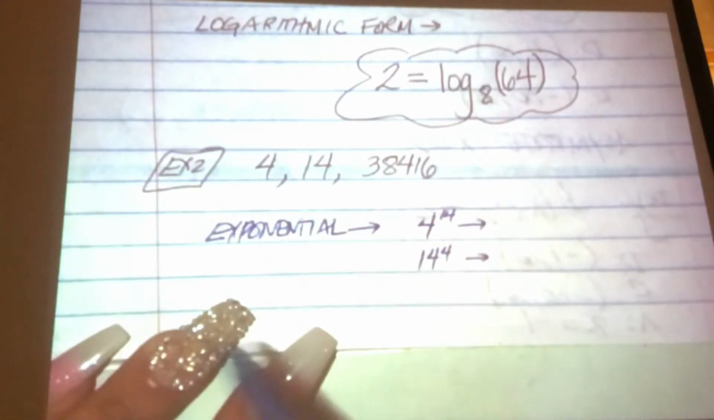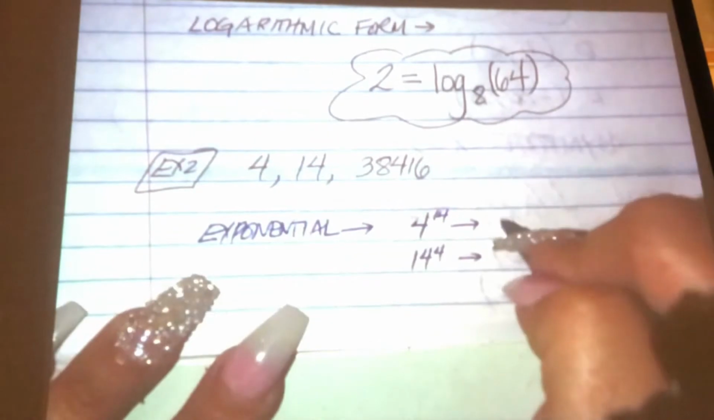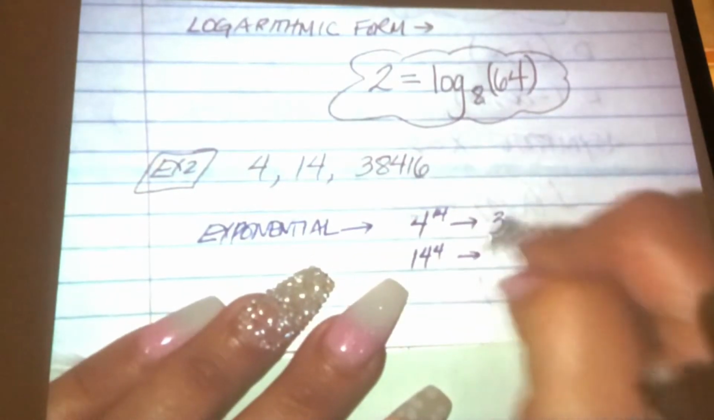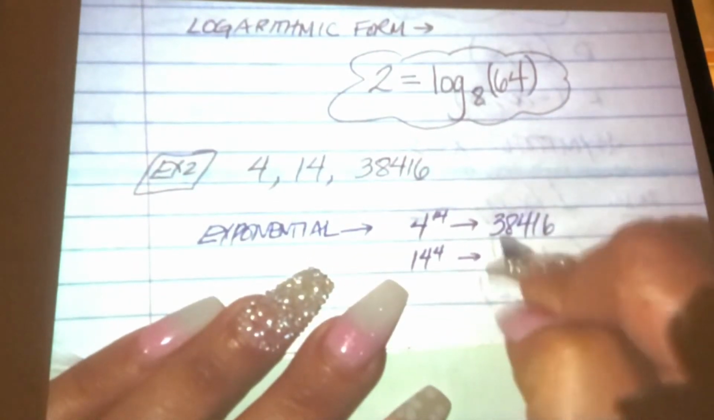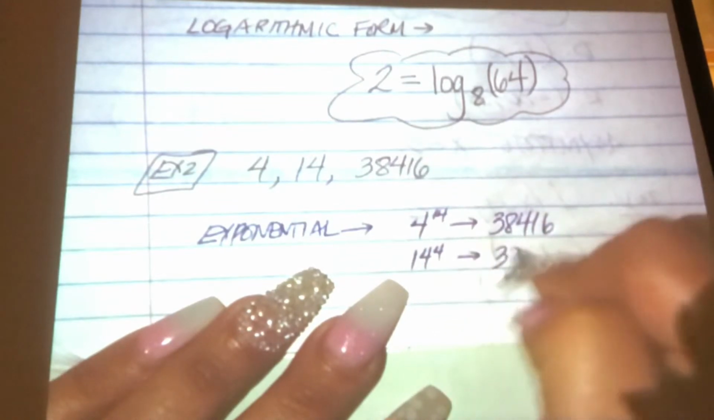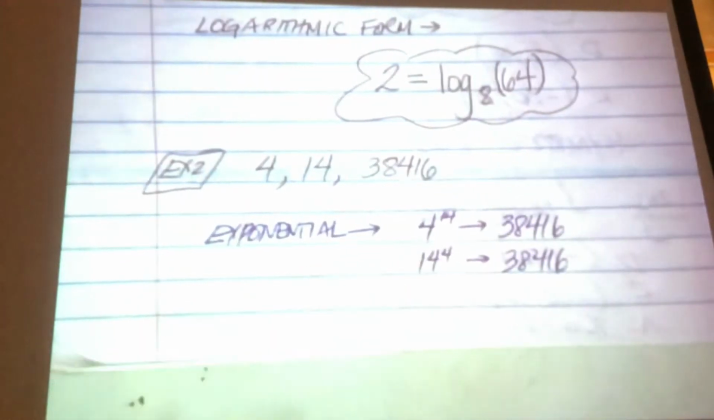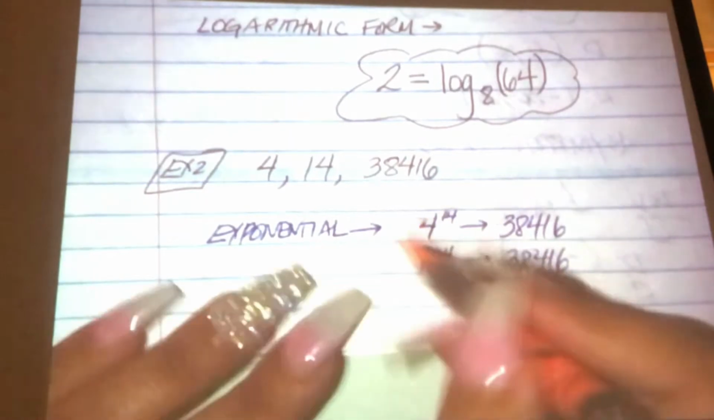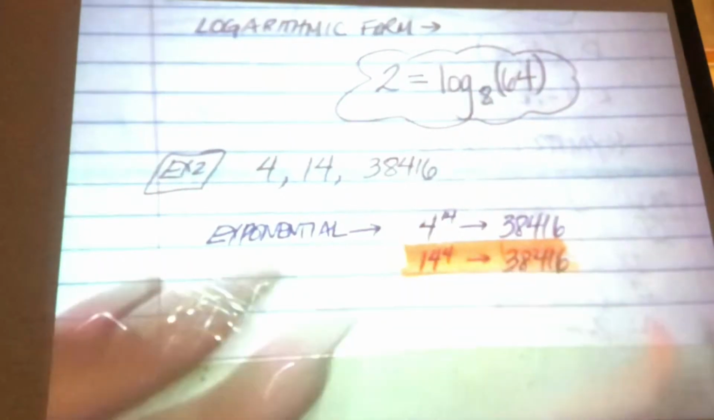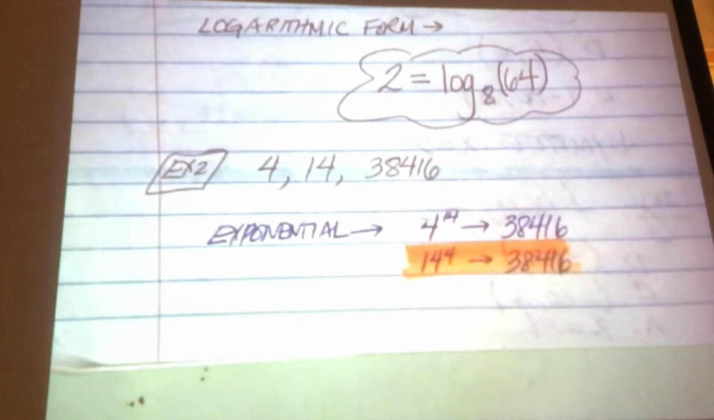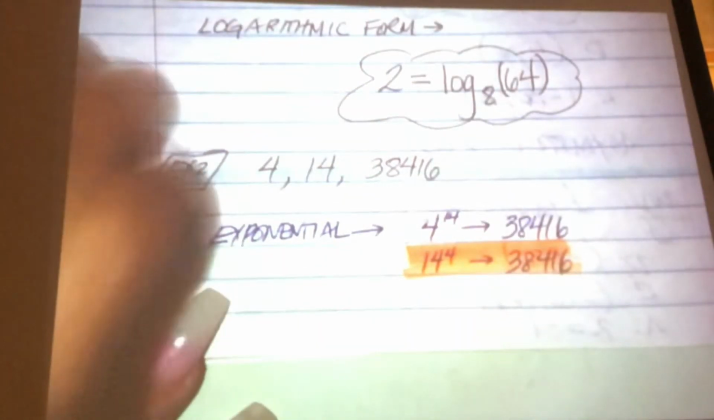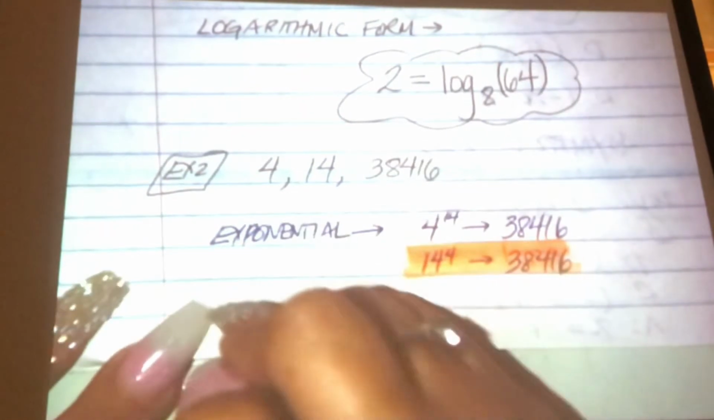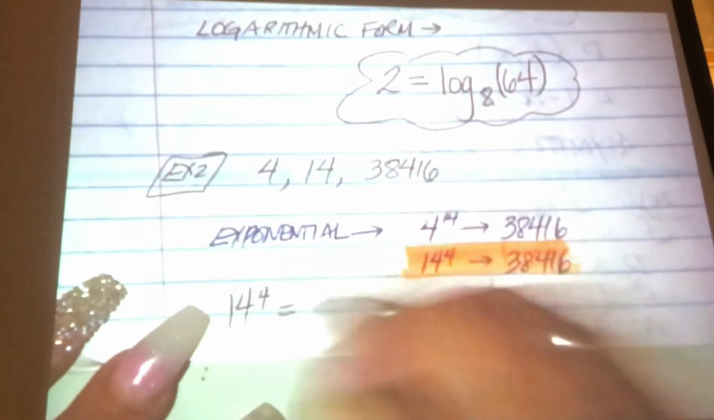Are you convinced of that? So now you just have to check your calculator. Is 4 to the 14th 38,416? Or is 14 to the 4th 38,416? Which one is it? Good. So exponential form tells me that 14 to the 4th is 38,416. So on tonight's homework, all I have to do is say, okay, 14 to the 4th equals